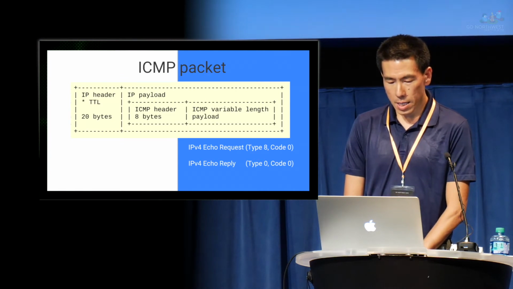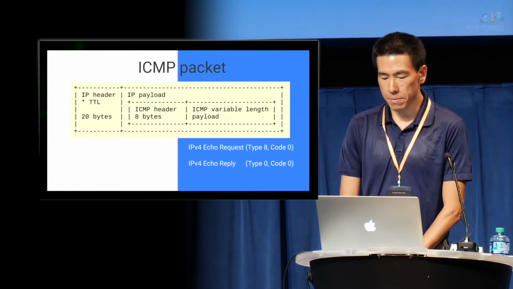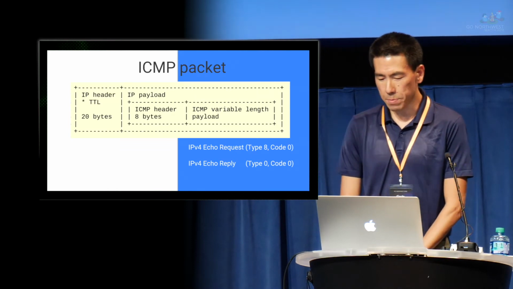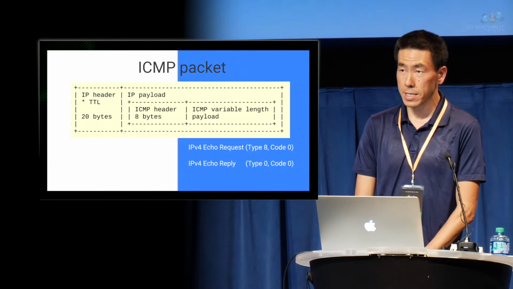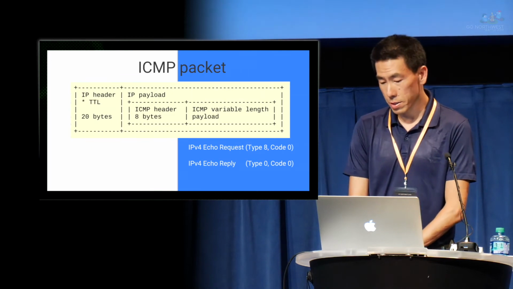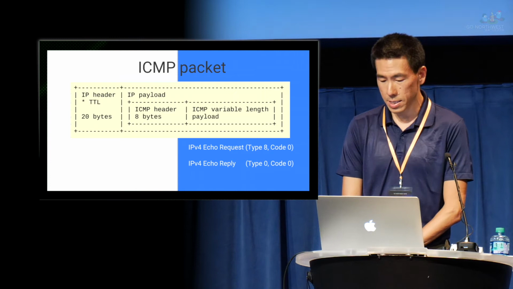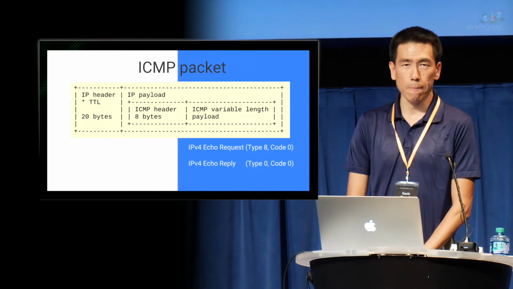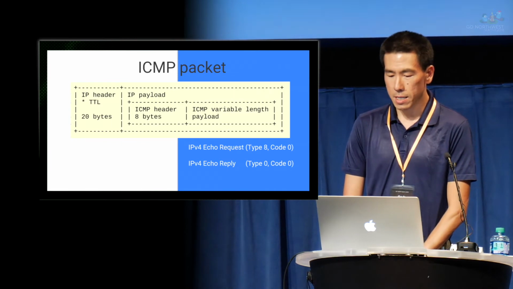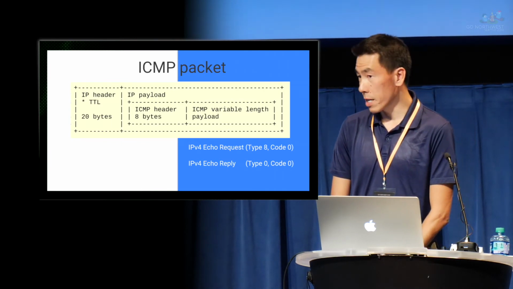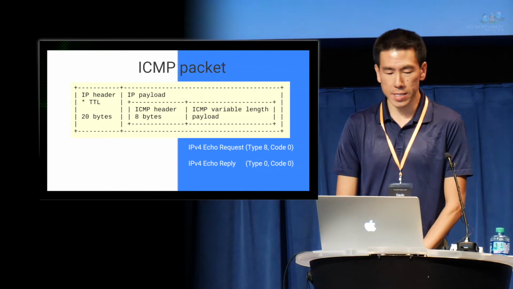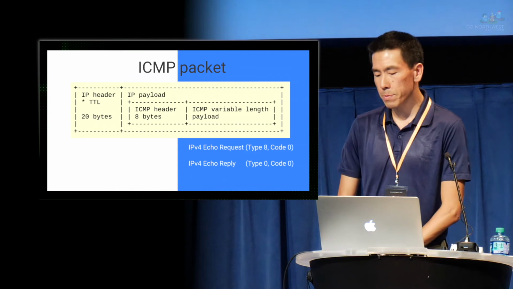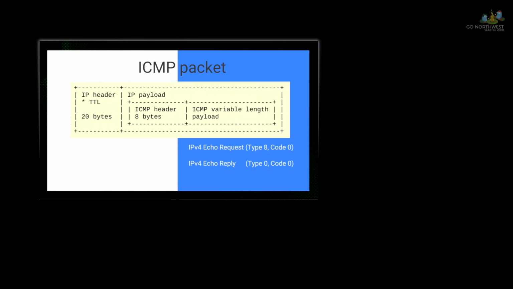And then in the ICMP header, there are basically two fields, the type and the code. For IPv4, for the request the type is 8, and the code is 0. And then for the reply, type is 0 and code is 0. There are many, many types; you can think of ICMP as an error delivery mechanism of the IP protocol. So ICMP requests and responses are just